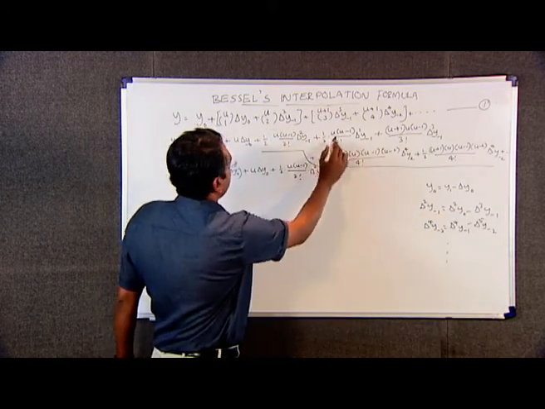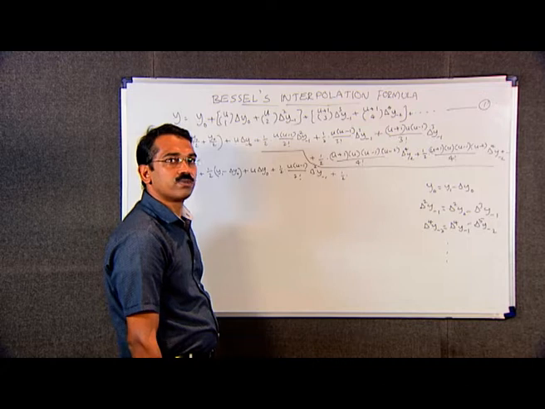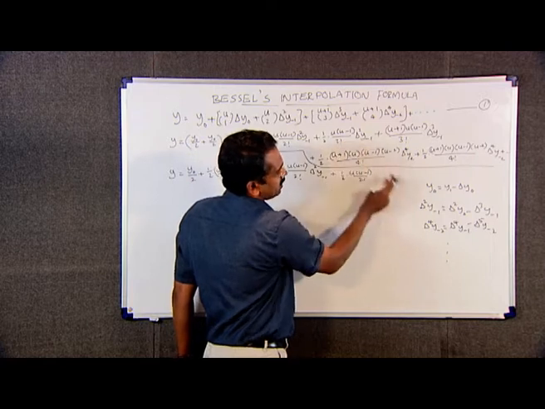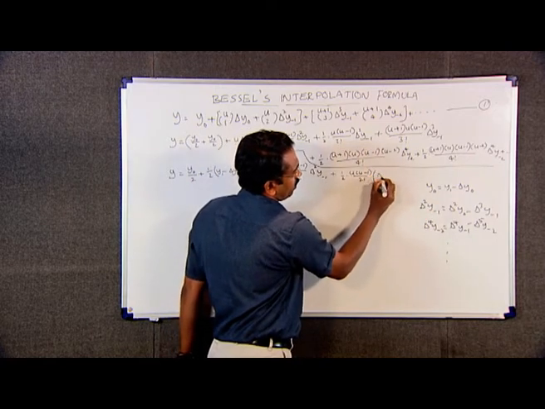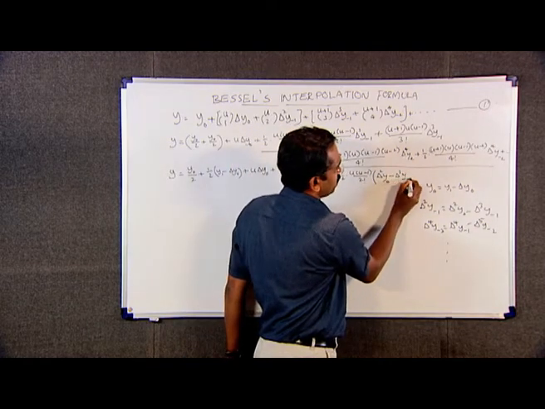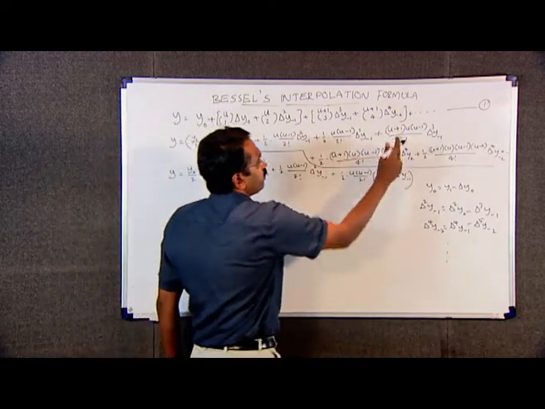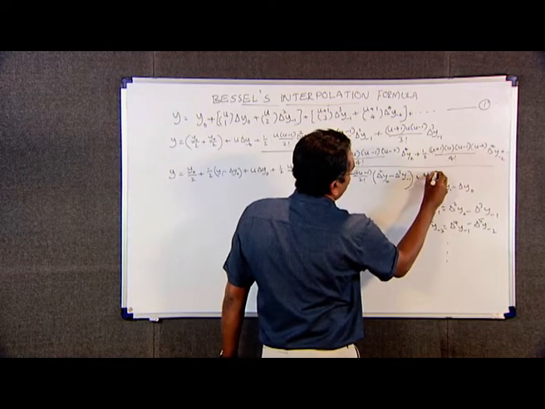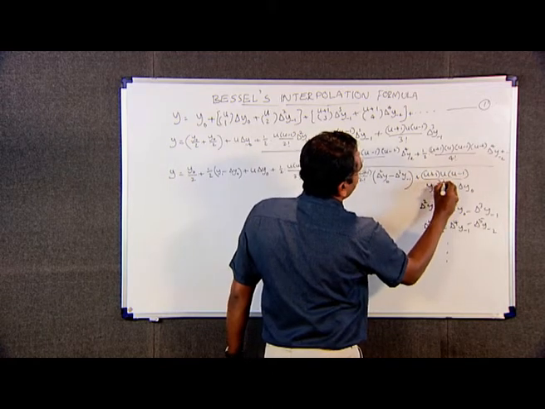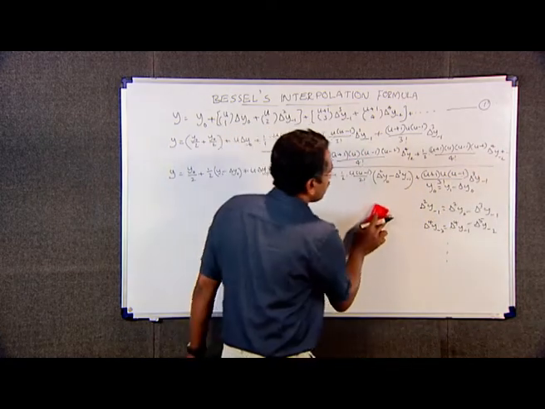We can write this as 1 by 2 into u minus 1 divided by 2 factorial into delta square y minus 1, which is delta square y naught minus delta cube y minus 1, plus the next term is u plus 1 into u minus 1 divided by 3 factorial into delta cube y minus 1, plus